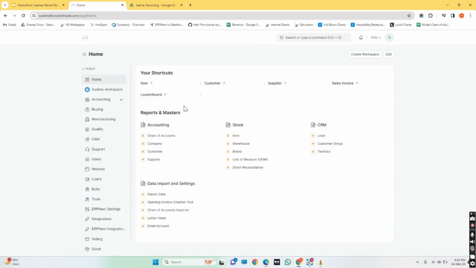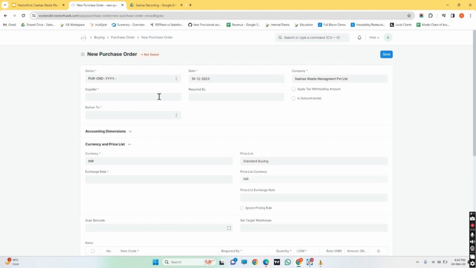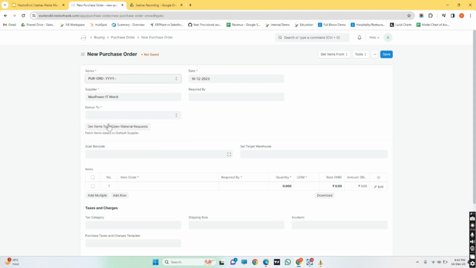So here I have logged in with the admin credentials, so you can see all the modules on my left-hand side and I have all the permissions to do the transactions, right? So I'll be quickly going to the purchase order so that I can raise a purchase order for one of my suppliers to procure laptops. From the list, I can pull up any of the suppliers. Since this supplier is an organization, I'll be clicking on organization